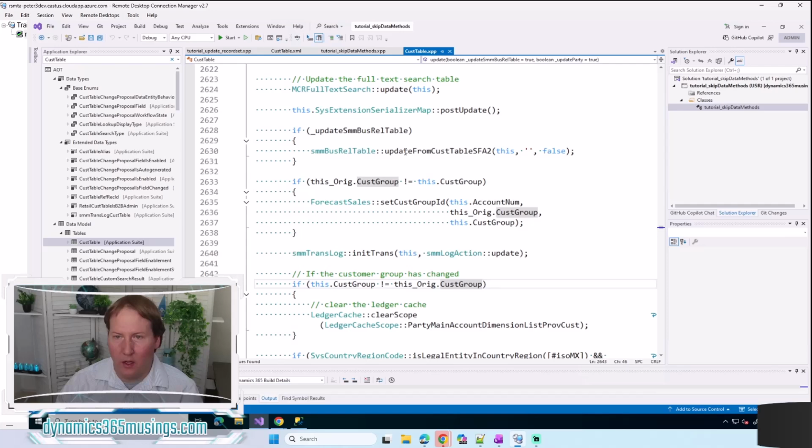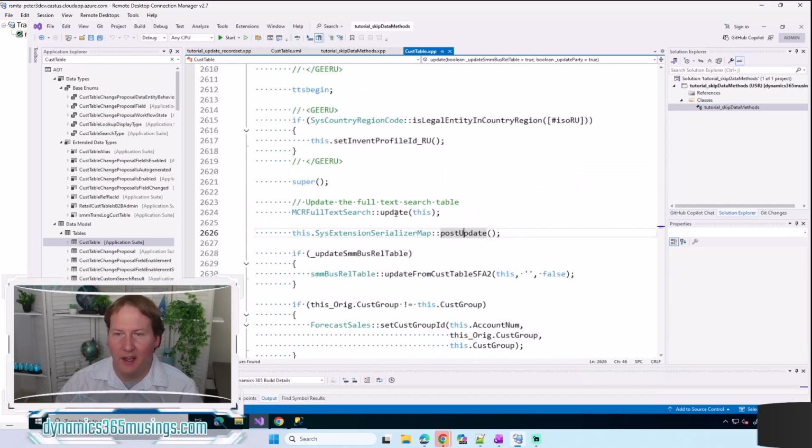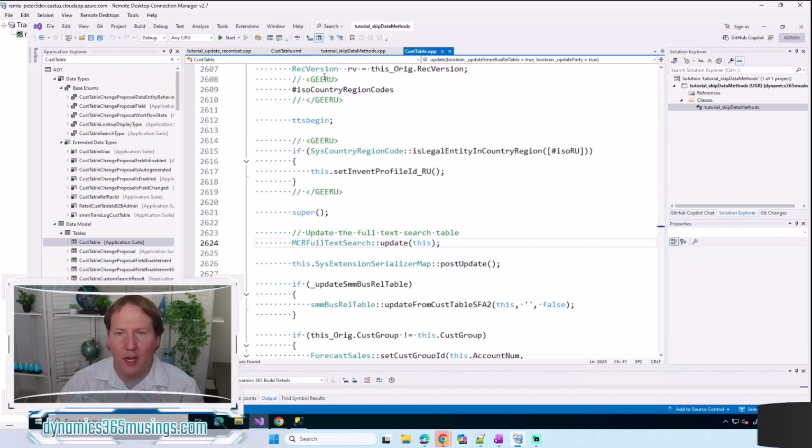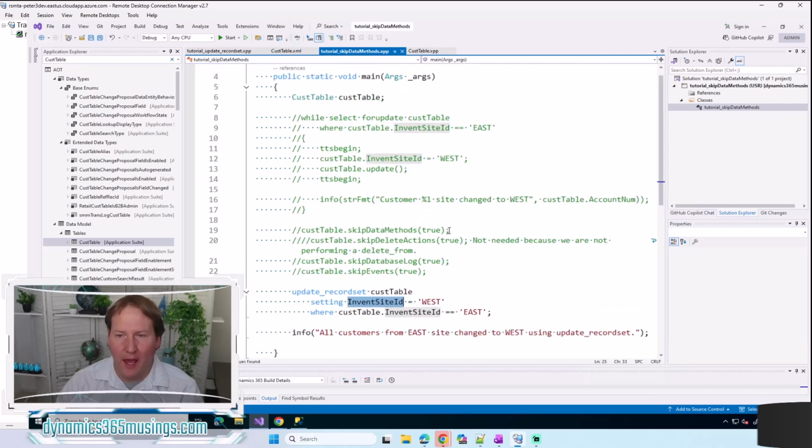At first glance, it doesn't look like that's the case. However, I would want to drill in further into some of these methods to see if it truly makes sense for it to be safe. But just for the sake of this lesson, let's pretend that we deem it safe to skip the logic in here. The way we do that, if we go back to our runnable job, is we add this method right here, before we call our update_recordset, we say